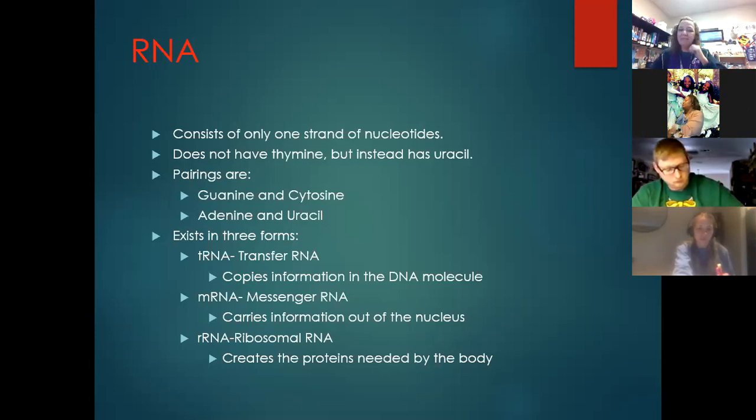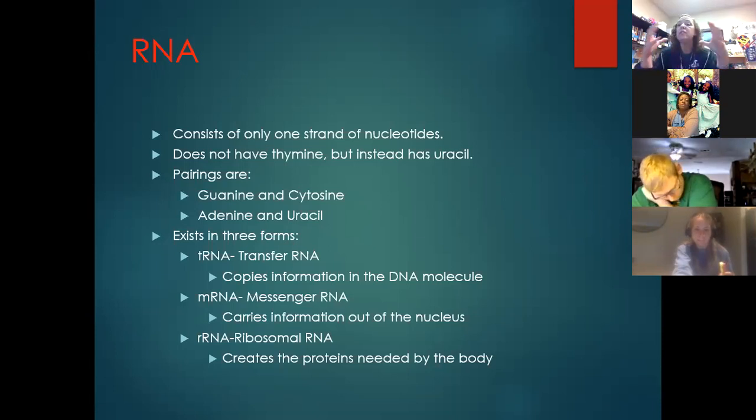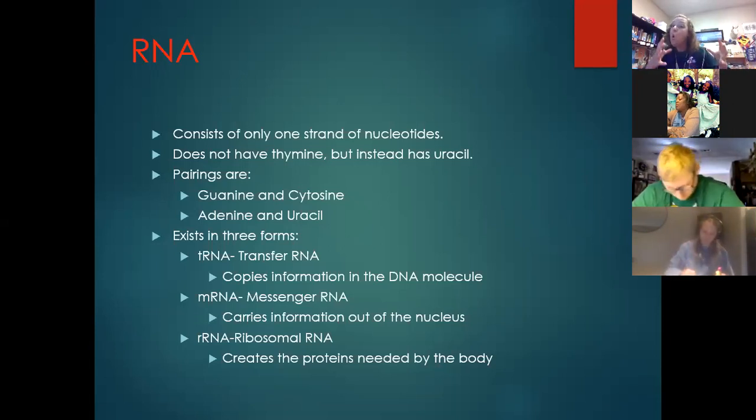That's RNA. Does the rRNA go to the cytoplasm? So the rRNA, the ribosomal RNA, specifically goes to the ribosome and creates the protein. Now, in the next chapter, we're going to talk about what happens after that. Depending on what I need to do with that protein, either I'm going to keep it inside the cell and use it inside the cell, or I'm going to ship it to the FedEx, which is called the Golgi apparatus.